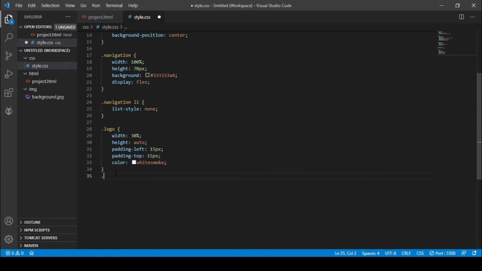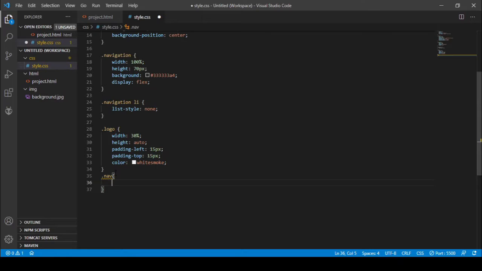So let's select the list present in the navigation class. Sorry, we need to select in the nav class. But before that we have to style the nav class actually.